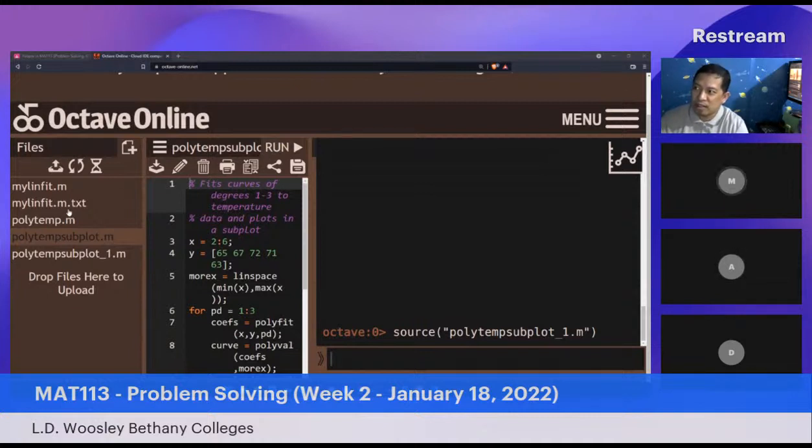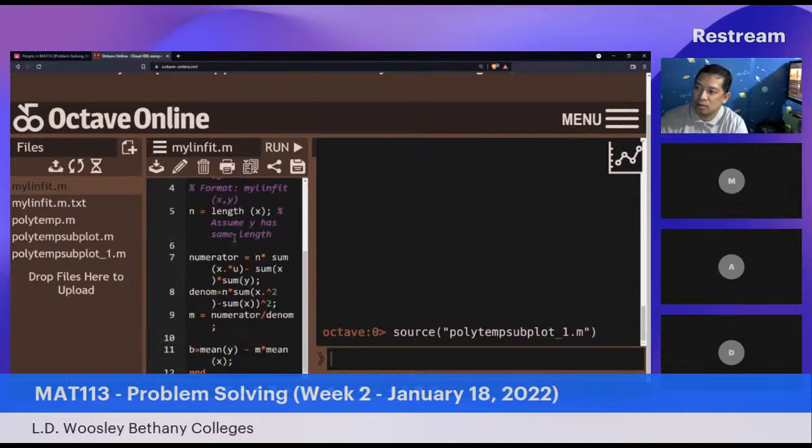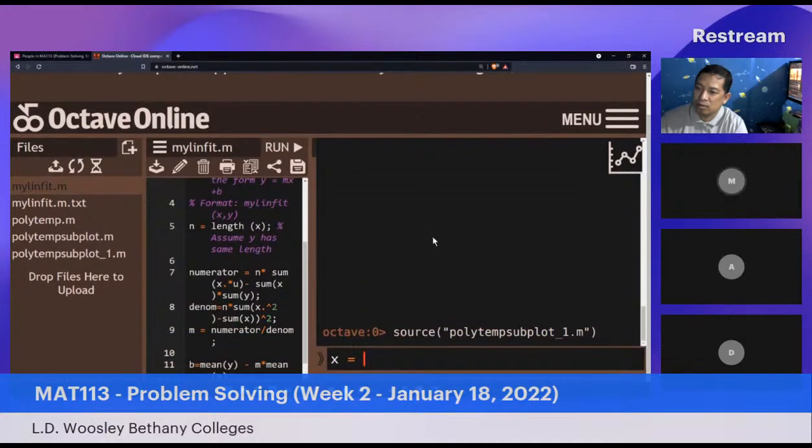Para masigurado lang natin na gumagana yung function. Yan. Kasi,